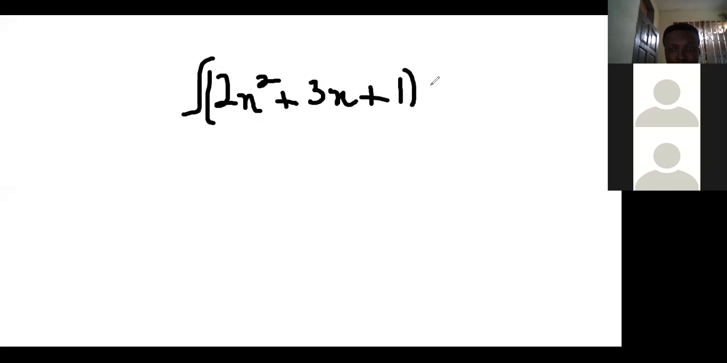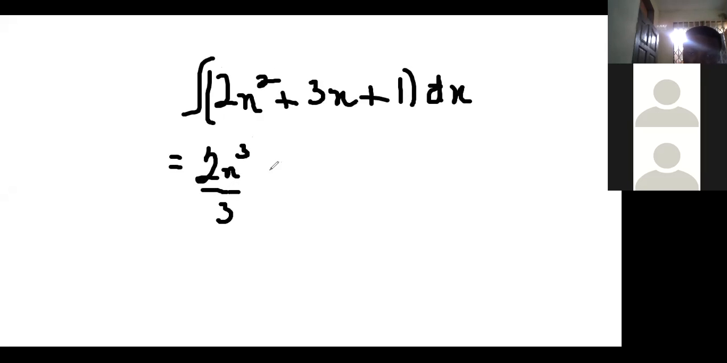Into bracket dx. So when we are integrating this with respect to dx, this will give us 2x raised to the power 3 all over 3, plus 3x squared all over 2,